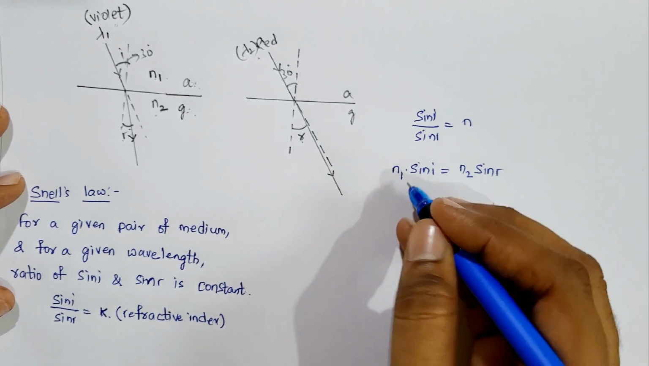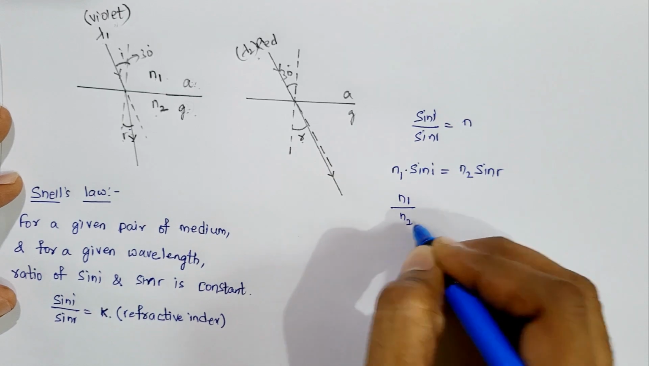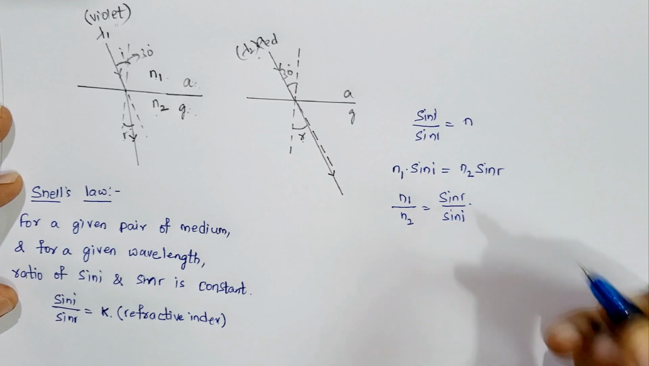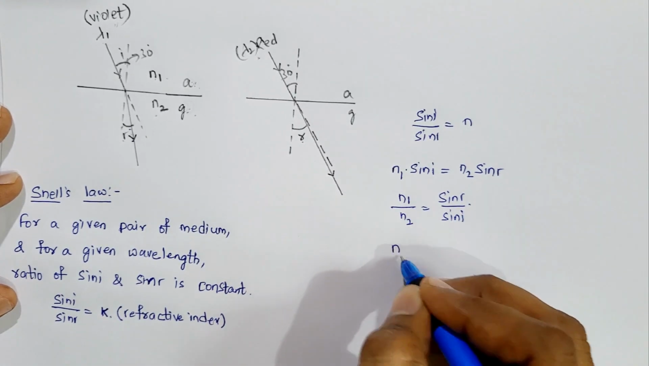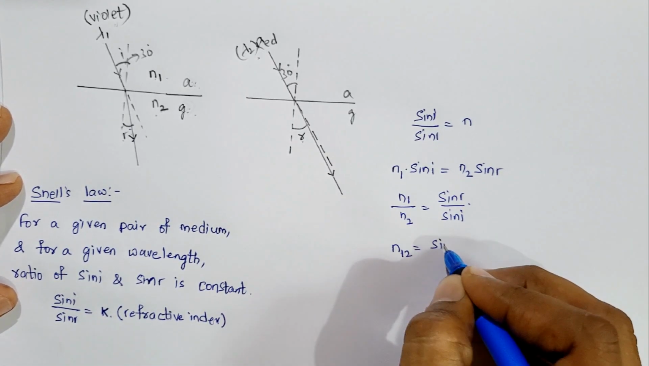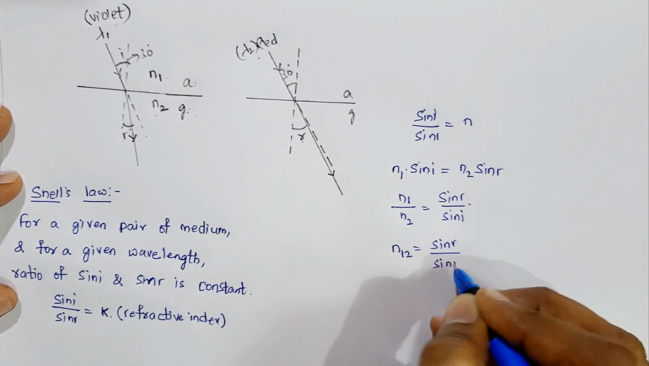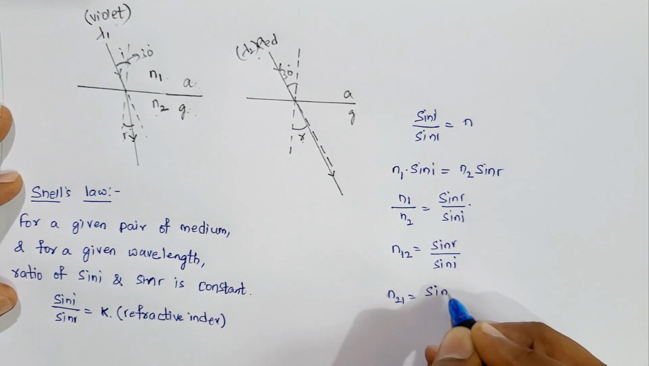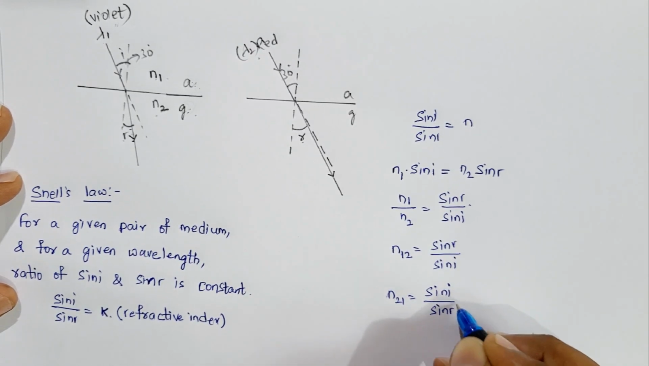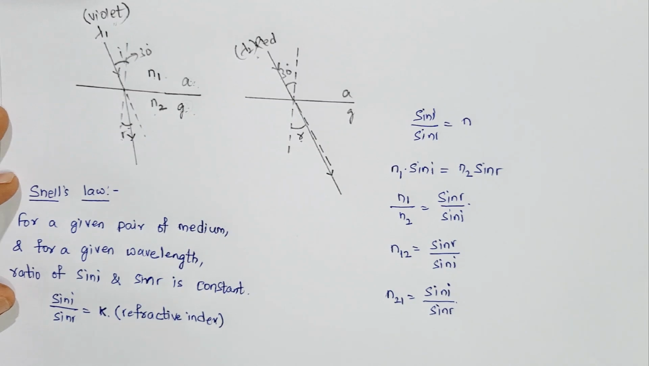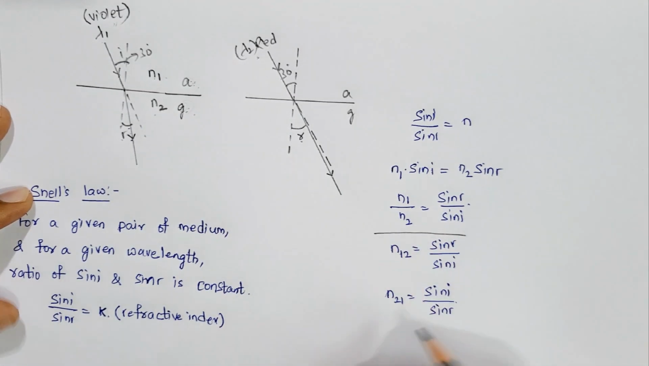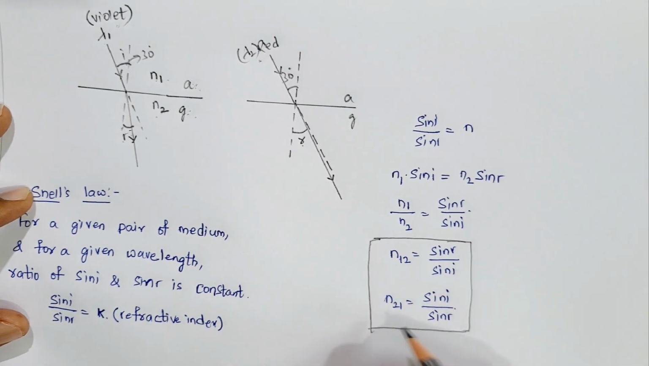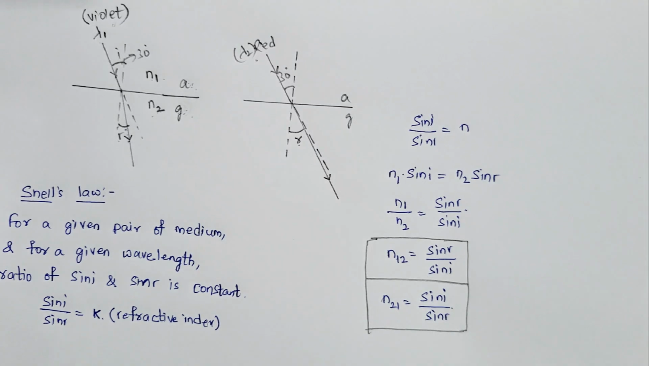So send n2 this side, it becomes n1 divided by n2 is equal to sin r divided by sin i. Correct? n1 by n2 will be n12. n12 is equal to sin r divided by sin i. Now if we reciprocate, we will get n21 is equal to sin i divided by sin r. These two are the formulas which we will be working on. n21 is equal to sin i divided by sin r, and n12 is equal to sin r